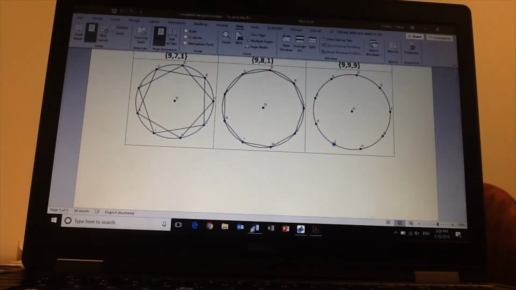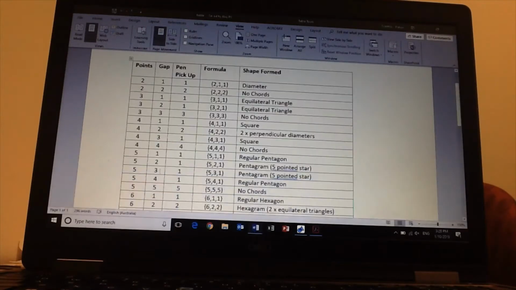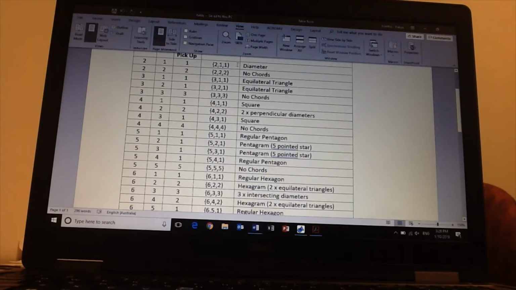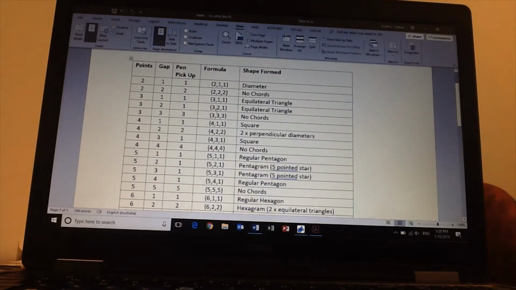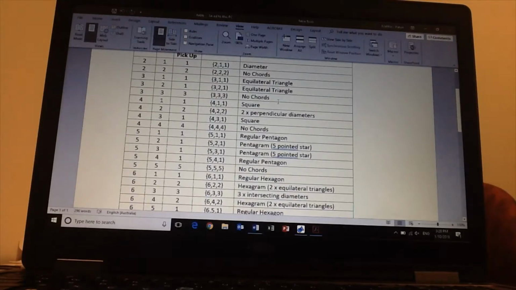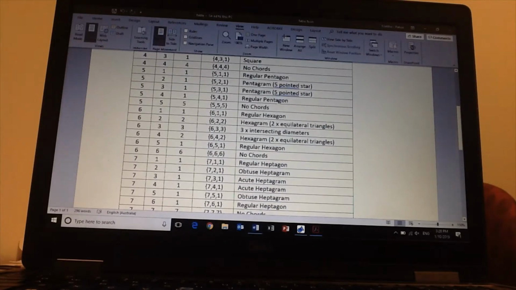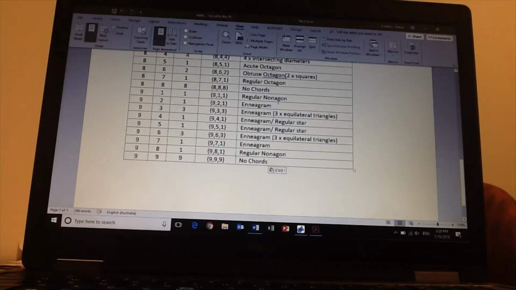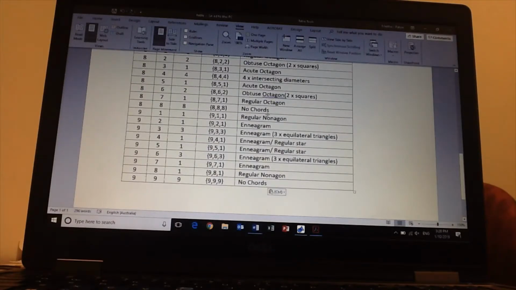Okay, so all circles are created there, into the complete table. As you can see with the arrangements, all possibilities have been explored, and you'll notice there's a lot of repetition between the shapes created, all the way through enneagrams for the 9 points on the circle. Interestingly, at all points, when there's a gap that equals the number of points, it creates